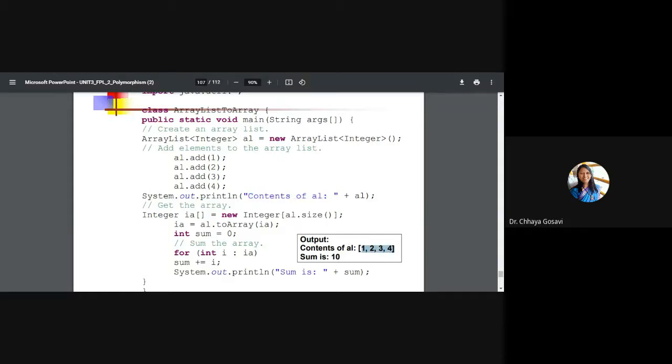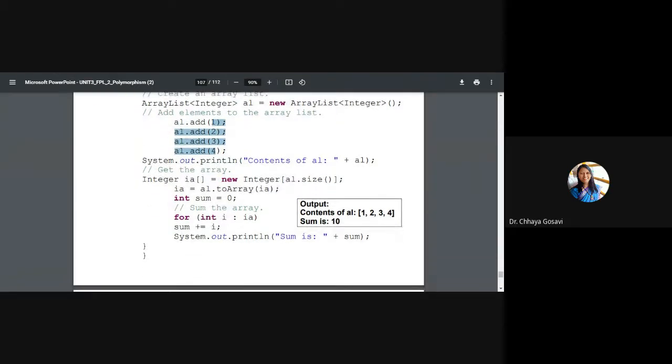This is the list, and we want the sum of these elements. So we want to perform some numerical operations. Instead of performing numerical operations on the array list, we convert the array list to an array. This is Integer IA, the way we create an integer array, of size AL dot size.